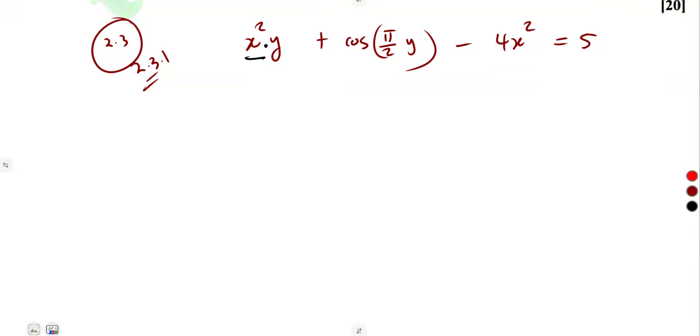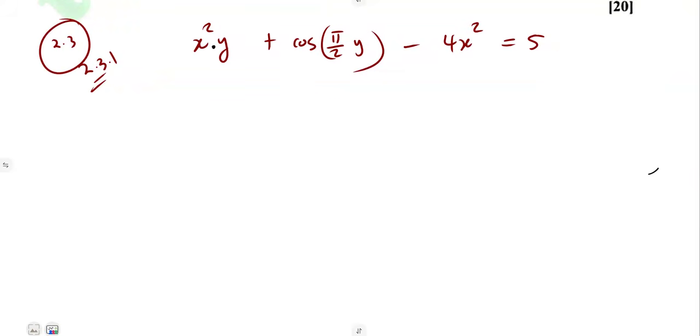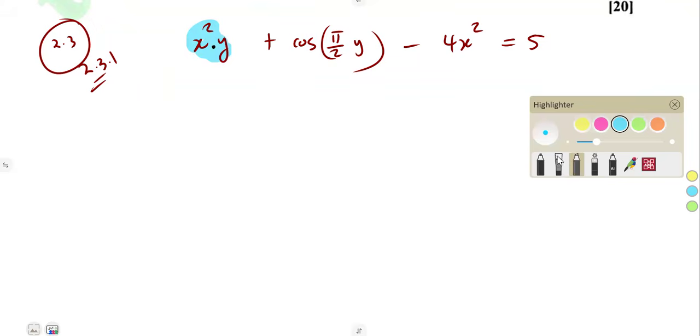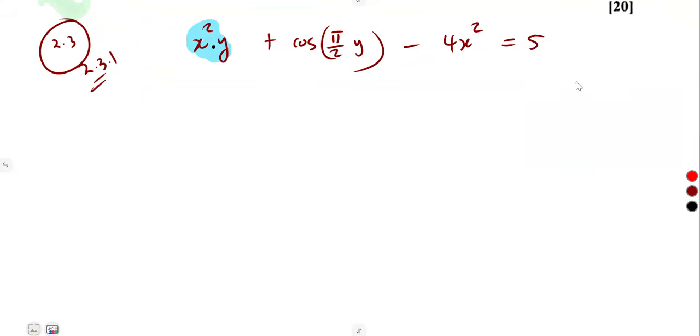So meaning to say, these are two terms. So this is a product. The first part is a product of two terms. So we must use the product rule on these two. All right, x squared is a term on its own, y is a term on its own. That is how you play around with this one. So that was going to give us